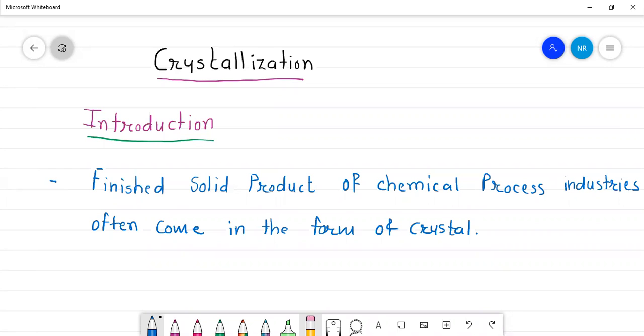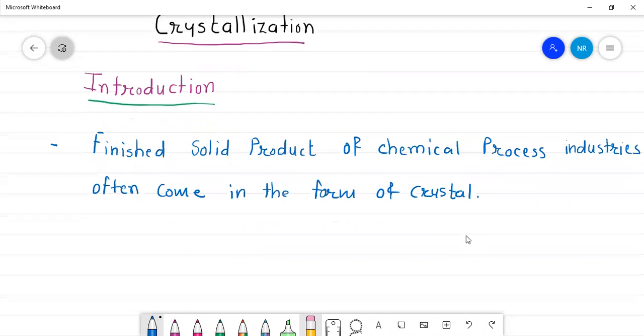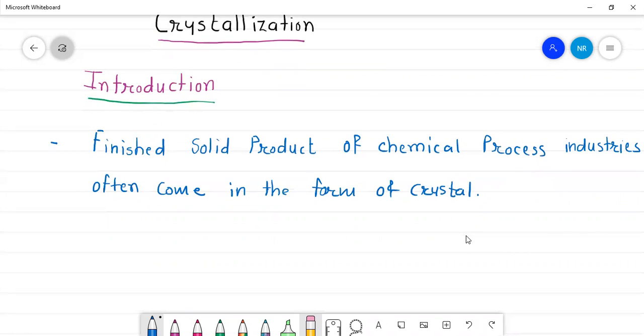Let's take an example. What are the examples where the final form is crystal? So examples are